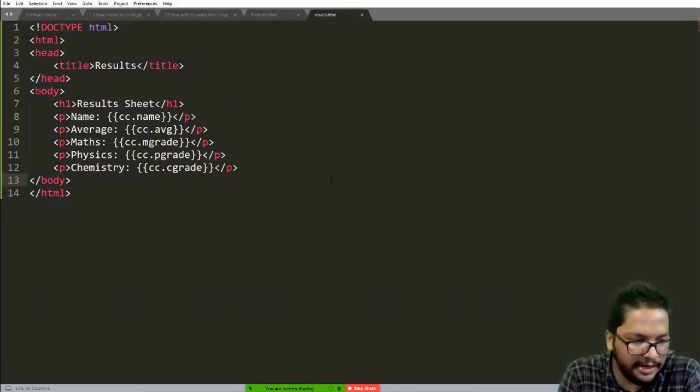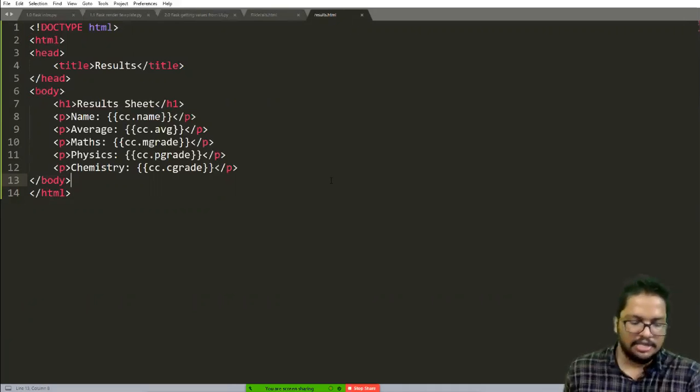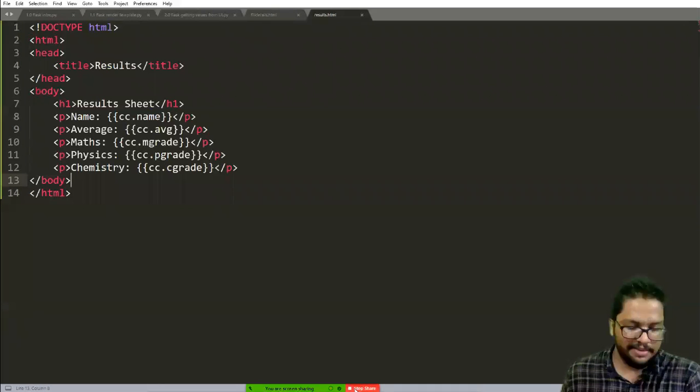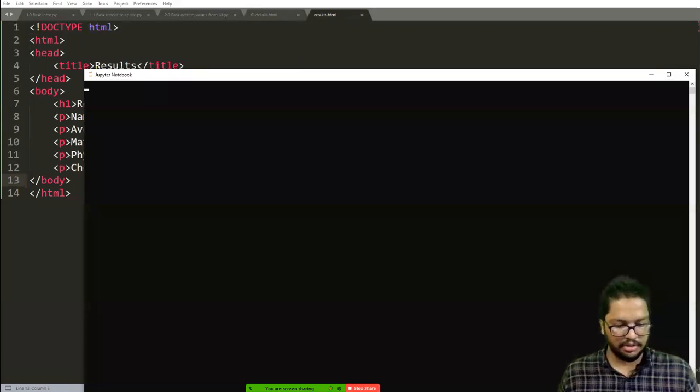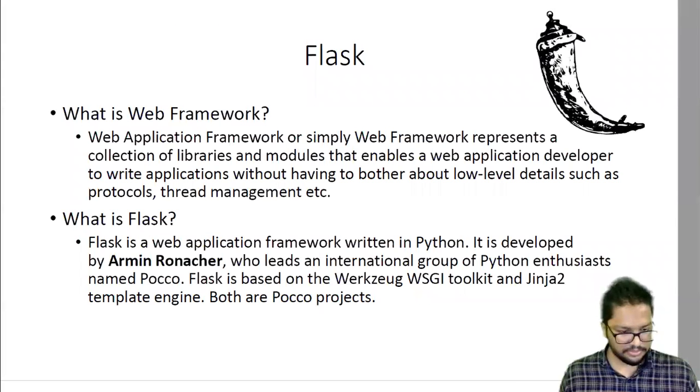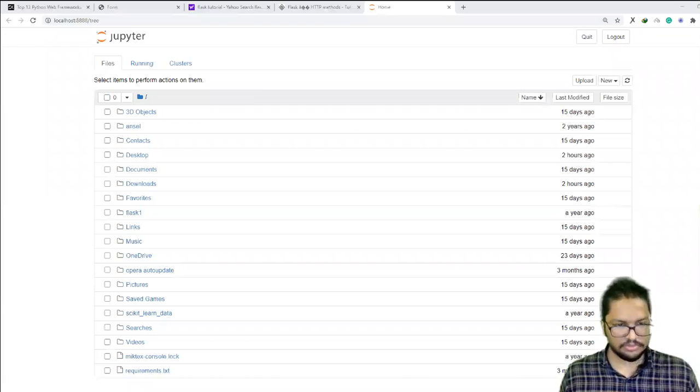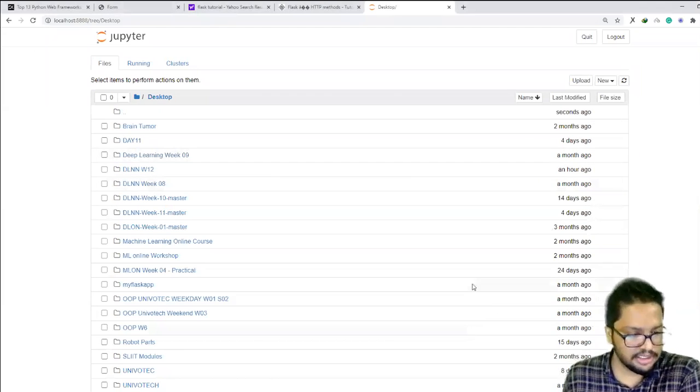Now with that knowledge, we can build a simple model where we can deploy a neural network model in a web application, right? So this is what I'm going to do. Let me show you what I'm planning to do here. With this knowledge, we can continue. If you can remember this thing,